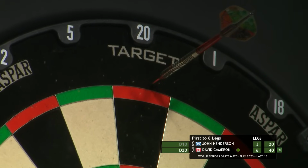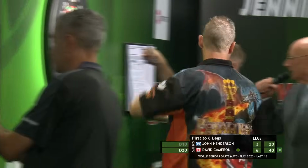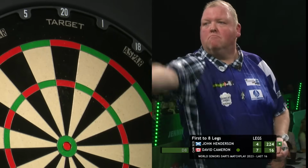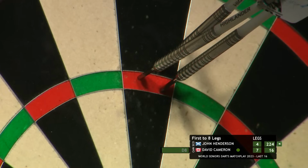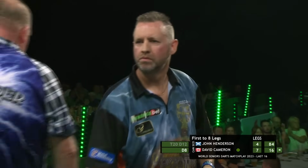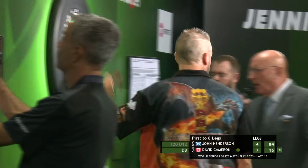He hit what Henderson couldn't. Double 10. Game shot on the 10th leg. Nails it. Last start. All John Henderson can do is hit and hope. And there's been a lot of hoping going on in this game. Yeah, they may be his last 3 darts. David Cameron now looking at double 8 to wrap up a clinical performance, I have to say, and he does finish the job, and John Henderson will be...